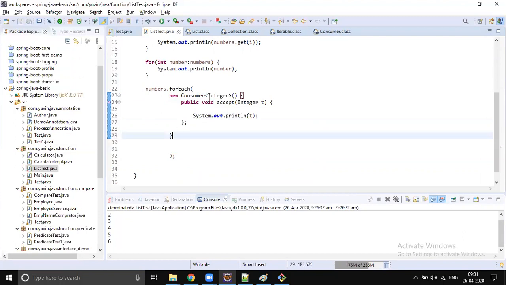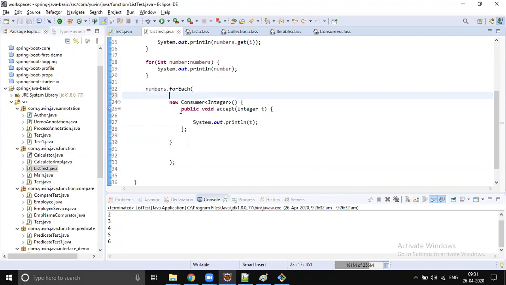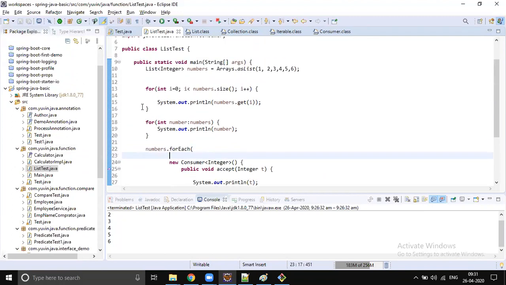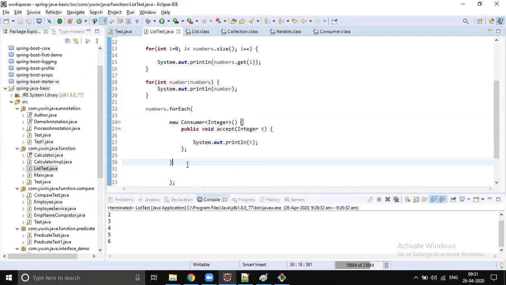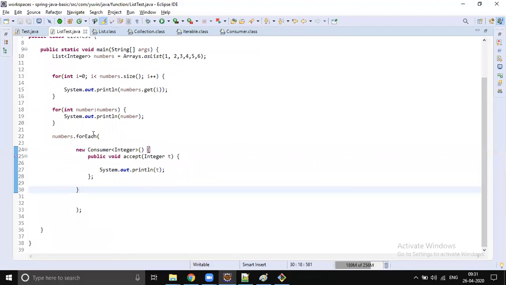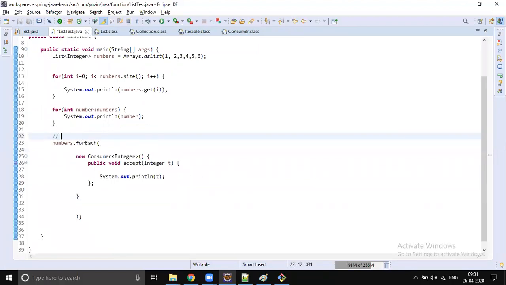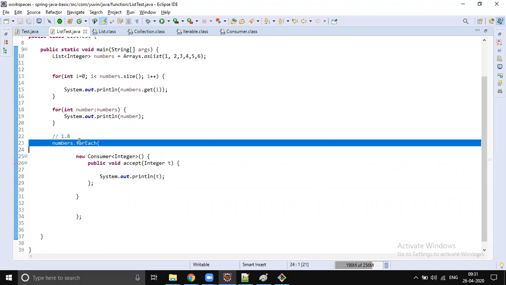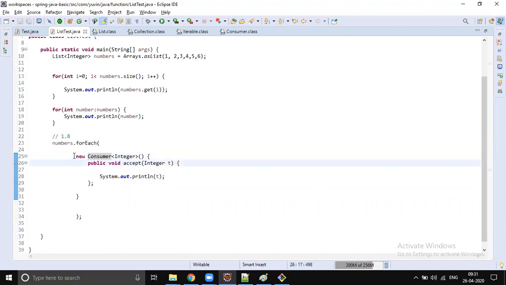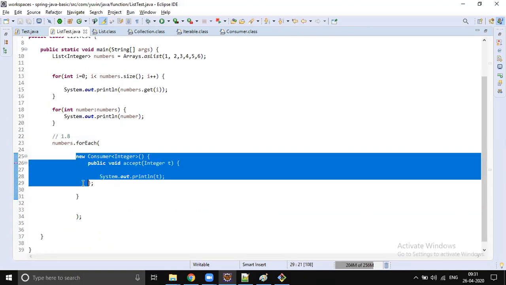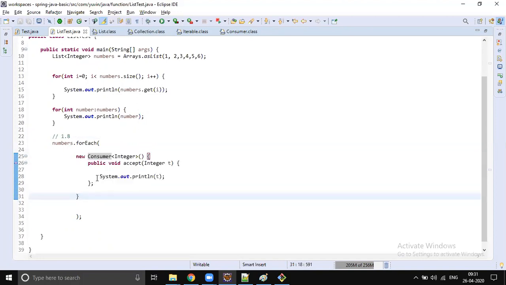So what I did, I called the for each loop. But don't think we are writing too much code, because this is going to be reduced a lot when we use lambda expressions. It will be a step-by-step process. I'm calling an inner loop by calling the for each method, but for each takes a consumer, so I'm passing a consumer implementation. I'm writing an anonymous inner class, and inside this method is my business logic.